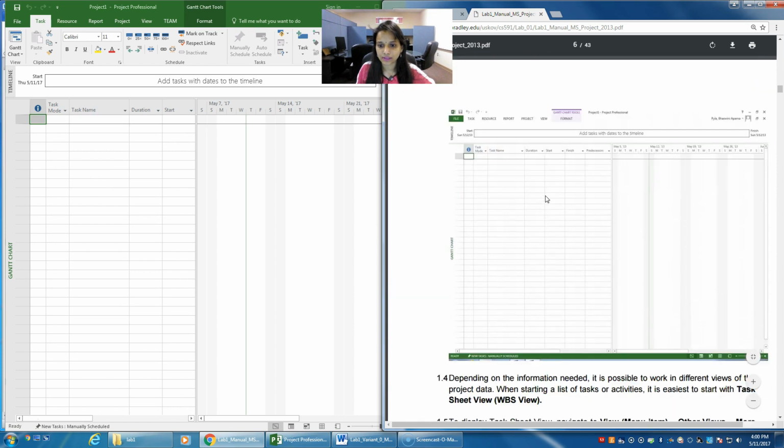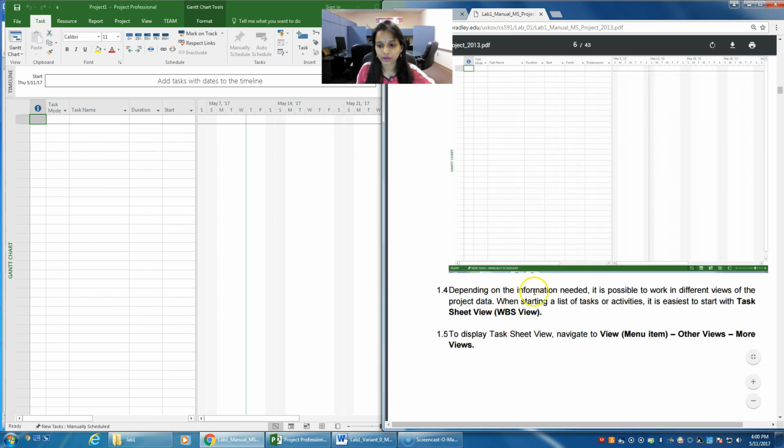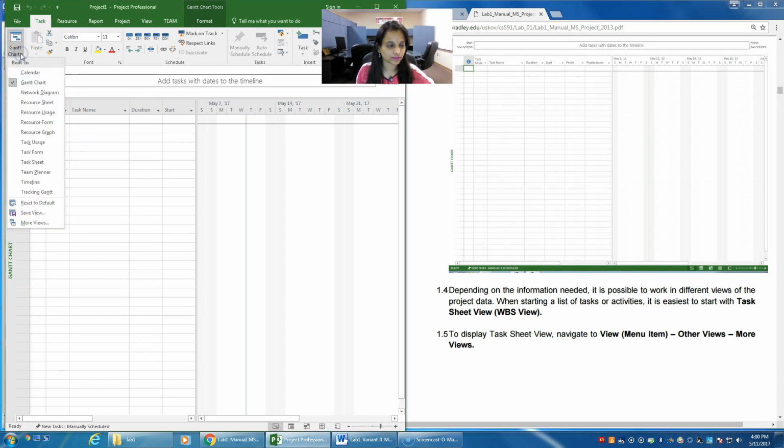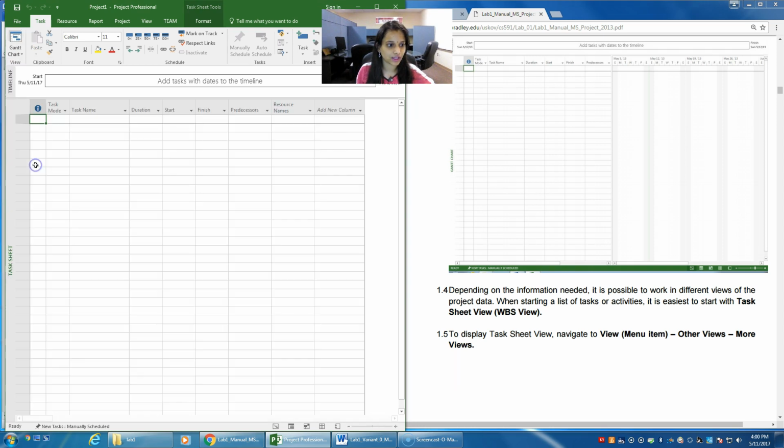Our next step is to create, depending on the information, a task sheet view for the work breakdown structure. If you look at it, by default Project 2016 is launched with the Gantt chart view. So you need to make a task sheet view. For that, click on View here and select Task Sheet. This is one way of doing it. The other way is to click on the View menu over here, and then